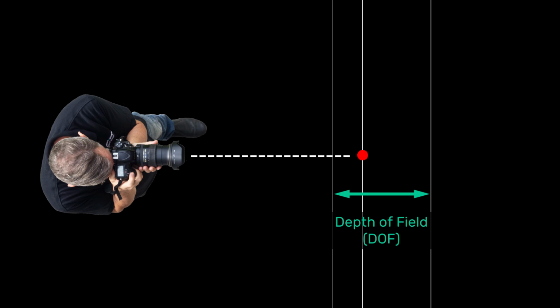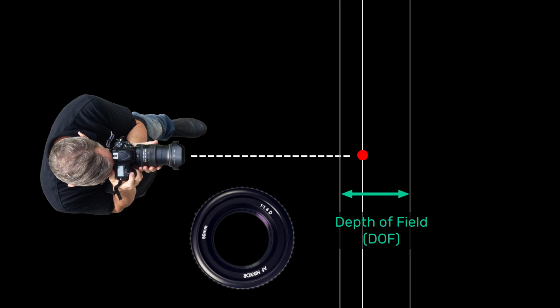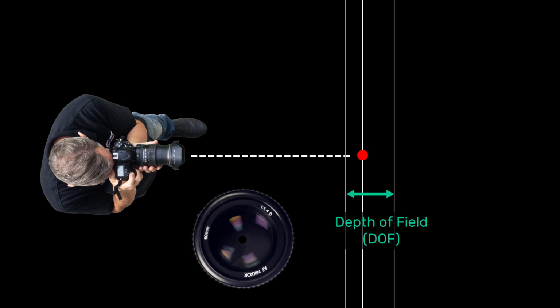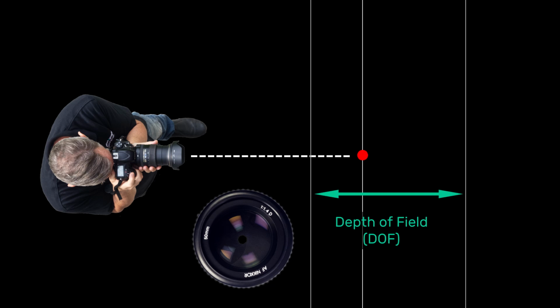There are a few different ways you can control the depth of field. Your aperture setting is one aspect that controls depth of field. The wider your aperture, the lower your f-stop number, the shallower your depth of field will be. Using narrower aperture settings, higher f-stop numbers, will mean you have a deeper depth of field and more of your photo will be in focus. I touched on this back in Lesson 13.